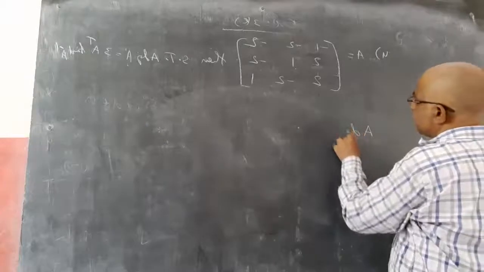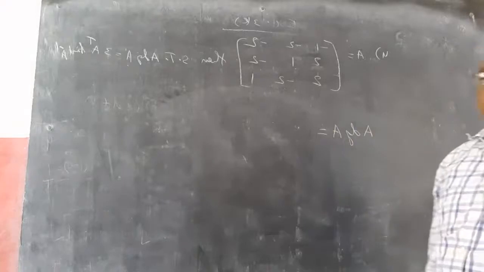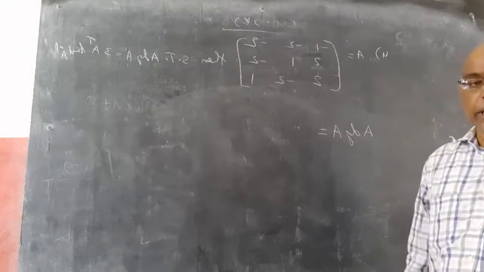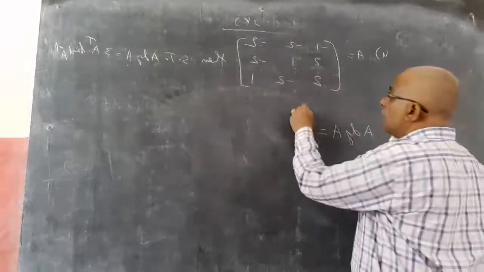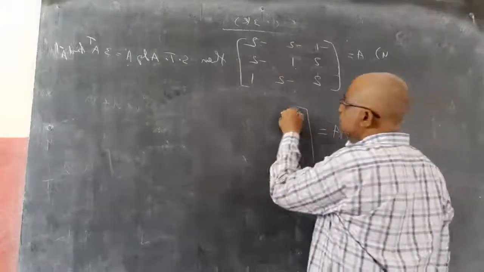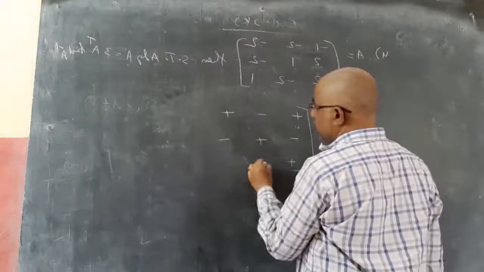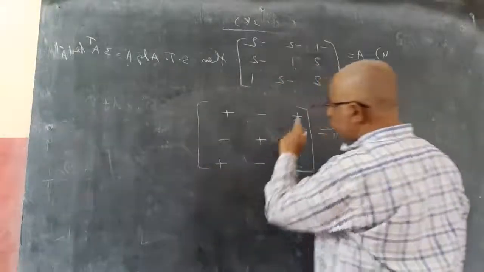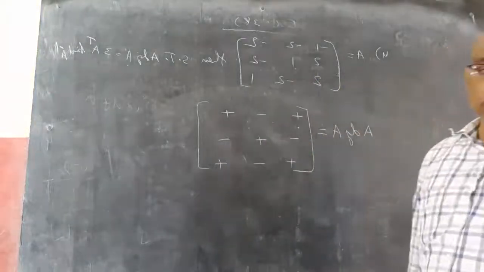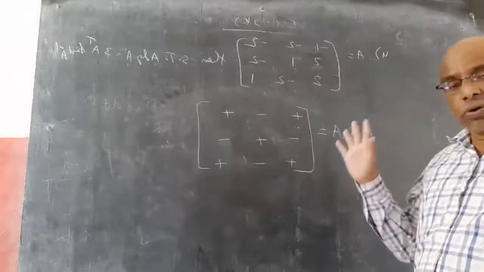How to find the adjoint A, I told you. You need to find all the cofactors, then arrange them, then transpose it. Transpose of the cofactor matrix gives you adjoint A, I told you. So for this, one shortcut way is the same procedure, but we will do it at a time. Means just keep plus minus plus, minus plus minus, plus minus plus. So keep alternate signs only. For 3 by 3 this is the shortcut. For any other, you need to go for the actual concept.